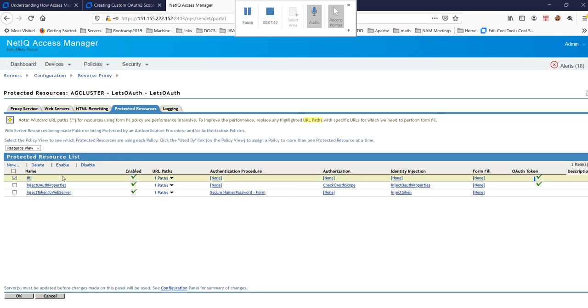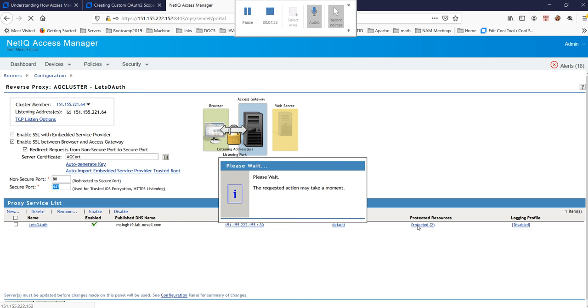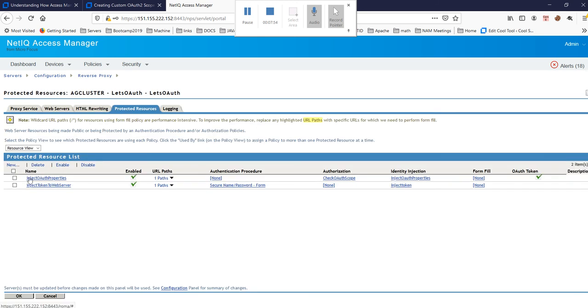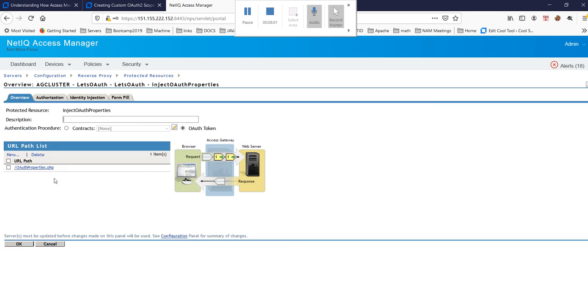So we don't need this one, I'll just go and cancel. I have already created one such protected resource, Inject OAuth properties. If I click on this, you can see there is no contract selected. Token is the OAuth token, and I am accessing a protected resource which is called the